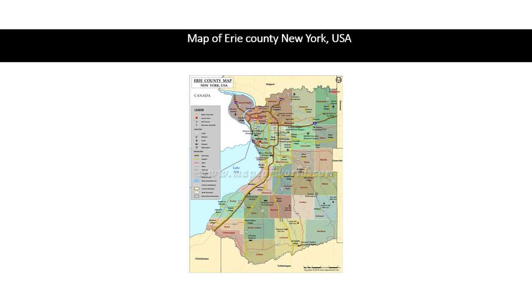The second map is about Erie County, New York, USA. The map is about some of the main attractions of the city in Erie County of New York. From the scale perspective, we can see that this map is using the graphical bar scale, which helps to quickly compare those distances with map distances to determine ground distance. This graphical bar scale is from 0 to 12 miles.